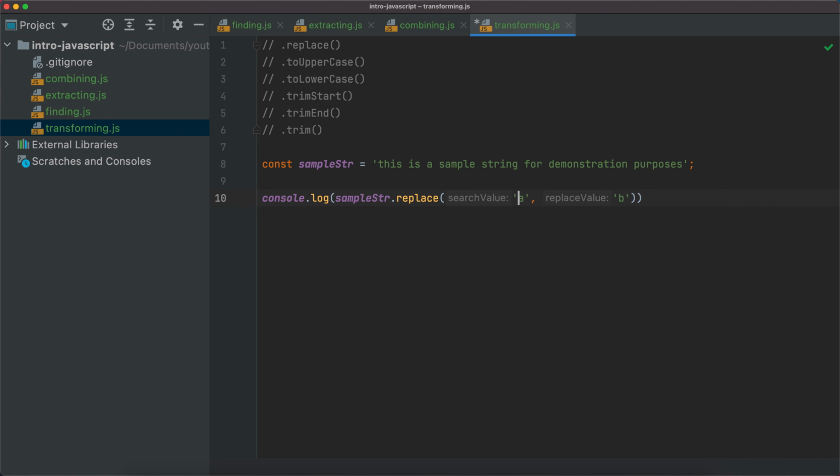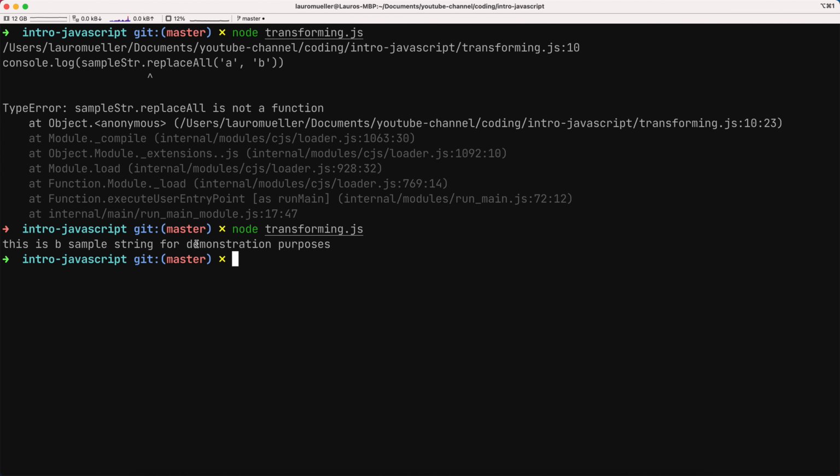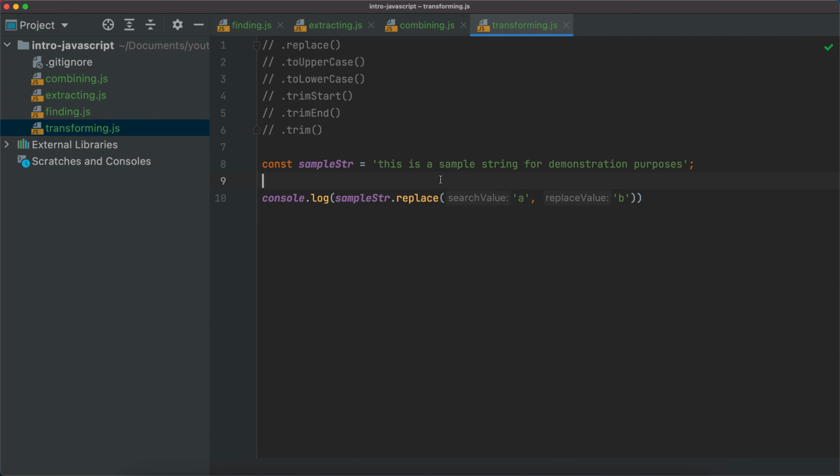What I'm going to do here is replace the letter A with the letter B. Now, if I save this and I run, you will see that, oops, we actually still have a couple of A's. So we have an A here, and we also have an A here. As it happens, the replace function replaces only the first occurrence of this substring